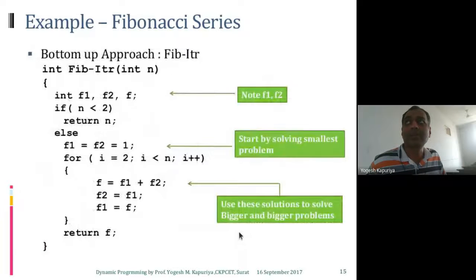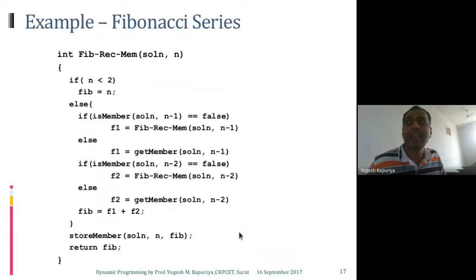Let me show you that example. See this, there's another function we have written, or algorithm, that is Fibonacci recursion with memoization. Now we are passing two variables instead of one, a solution and n. Solution is basically a table or array, you can say, where I have kept my previous calculations. I'm preserving that. So how do we do that?